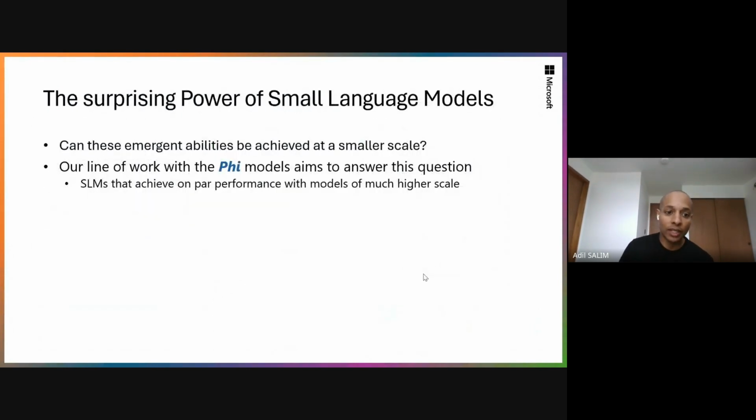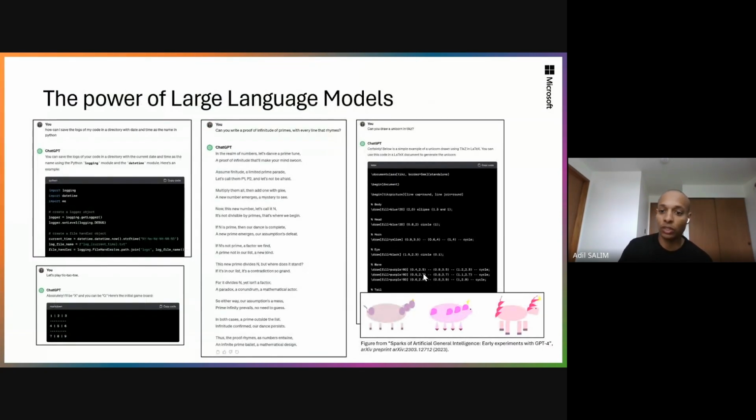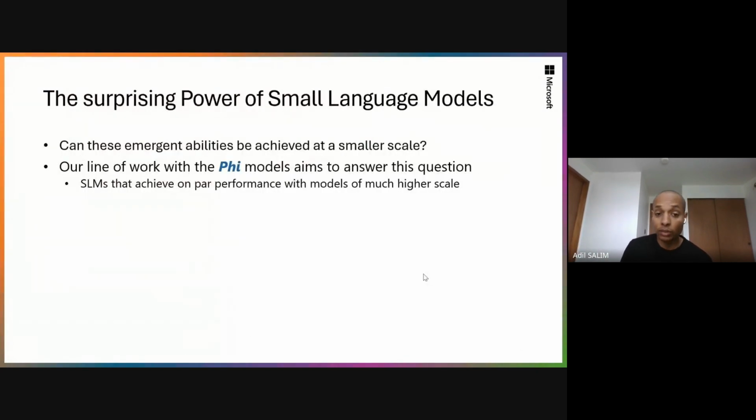But what we are going to look at here is the power of the small language models, right? So this was GPT-4, which is a huge model, but we are going to look at the power of small language models. And we are going to ask whether these emergent capabilities can be achieved at smaller scale. This is the line of work of our group, the Phi team. We want to answer this question, and in particular we want to achieve performances with small language models, SLMs, which are comparable to models of higher scale. Okay,